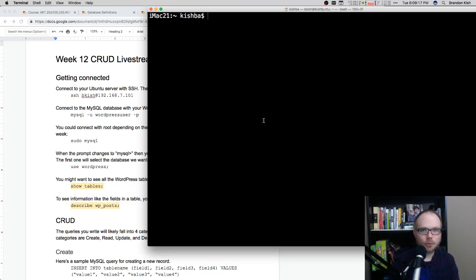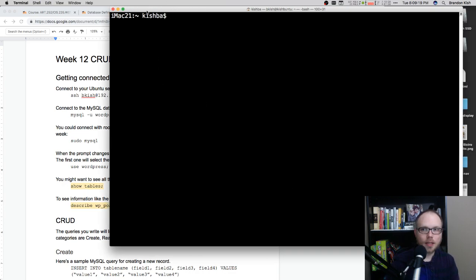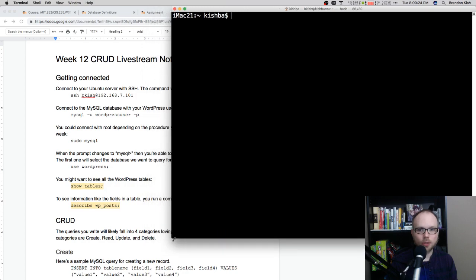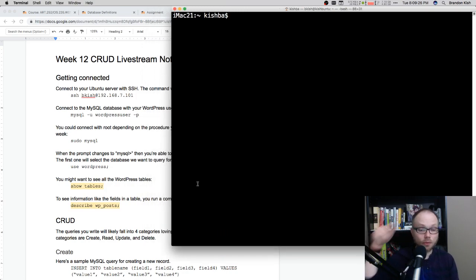Instead, and I'm going to try to zoom this up, I will be connecting with SSH to the computer that is running my virtual machine. And actually, I'm going to connect directly to the virtual machine with SSH. So I'm pretty sure I remember my IP address for that VM internally. I'm going to try to connect to it. Oh, and it's still running.